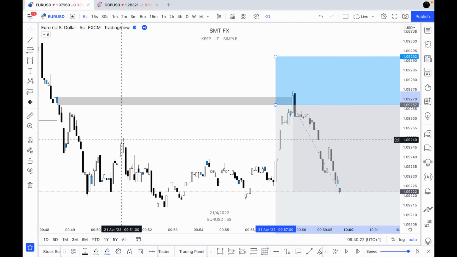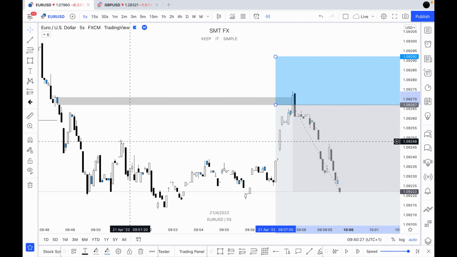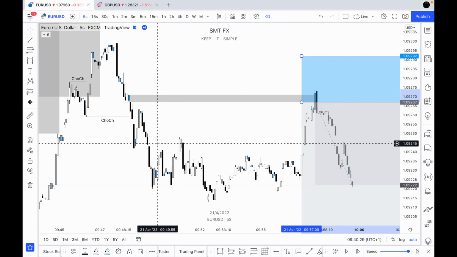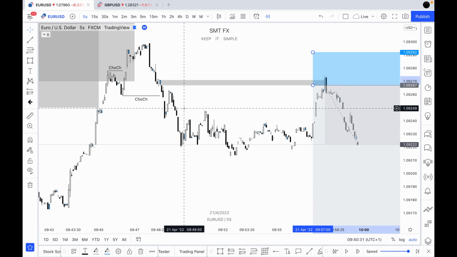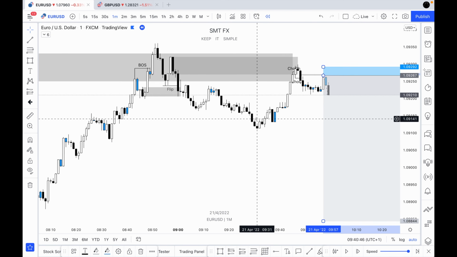We've got a little bit of inducement here, but this is obviously a very noisy bit of inducement going on here on the 5 second time frame, so we're not going to start over marking things here, because when we start concentrating on the 1 minute time frame, things are just going to get really crowded and messy on the charts. So from here, let's pop back up to the 1 minute time frame.